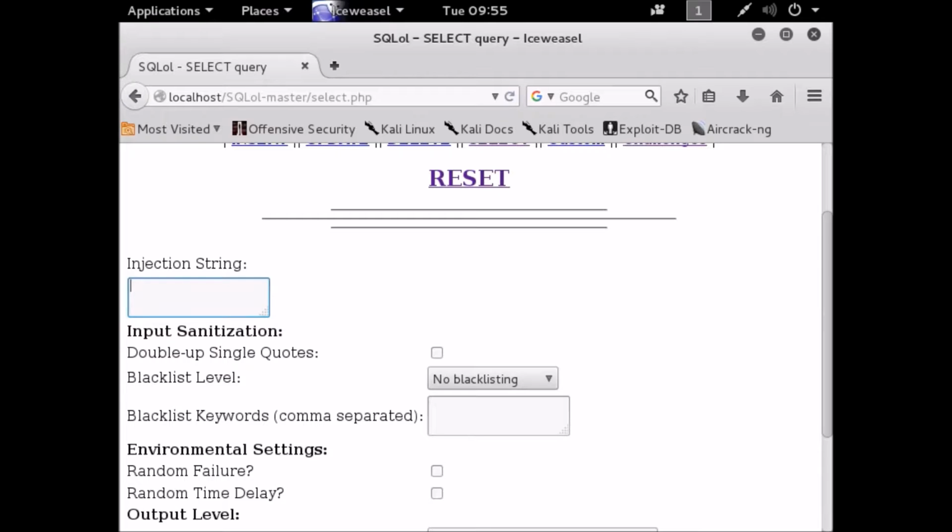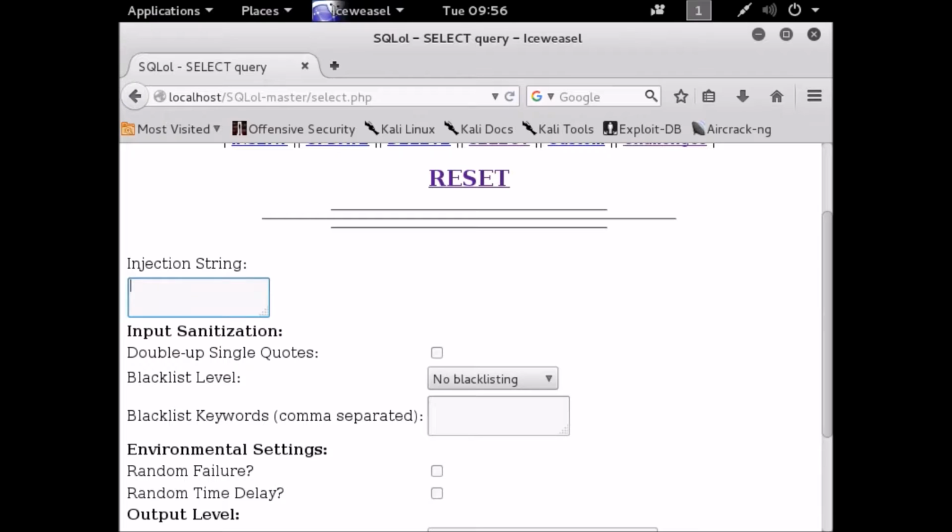So we're actually going to have to find out what tables are available in this database and what the structure of the database is. One way to find out: firstly, we discovered that this database is a MySQL database, so this statement will only work on MySQL databases.